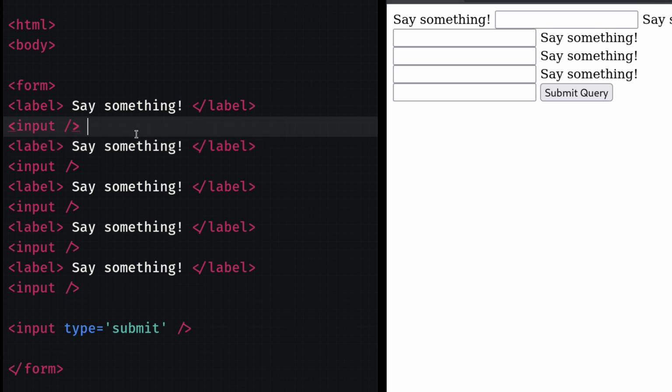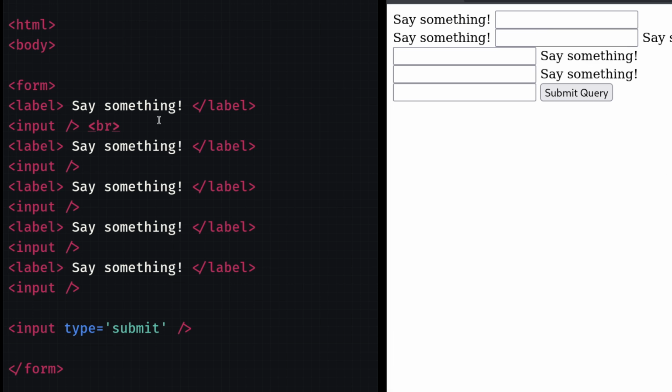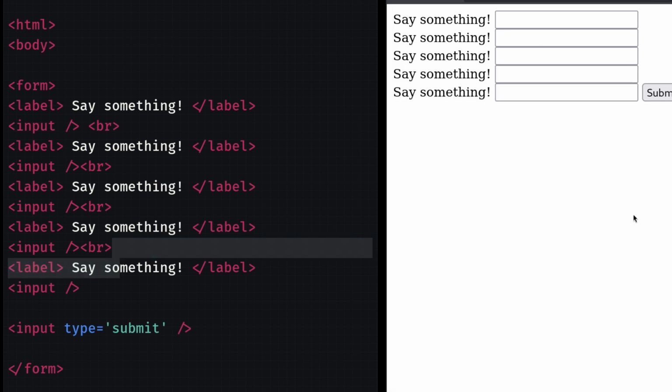Oh, okay. I think I forgot to put the BR inside of here. The line breaks. There we go. Let me put the line breaks inside of here. Okay, so they broke up onto different lines, which is something we are looking for. But the point is,